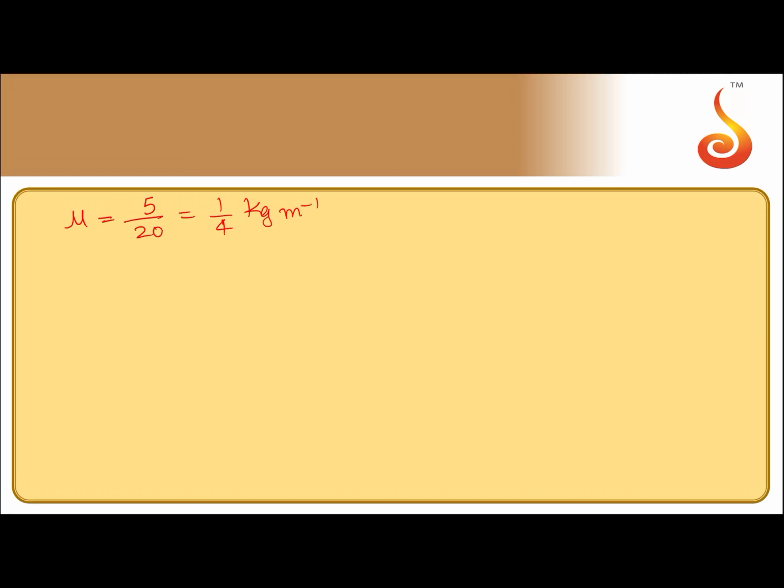Since the wire is not of negligible weight and is hanging vertically from a rigid support, at each part the tension will be different. So you have to calculate the tension at the middle. Total weight is 5 kg, so the middle supports half of it, 2.5 into g. So tension should be 2.5 into g, with g as 10, that is 25 Newton. Mass is 2.5 kg, weight is 25 Newton.